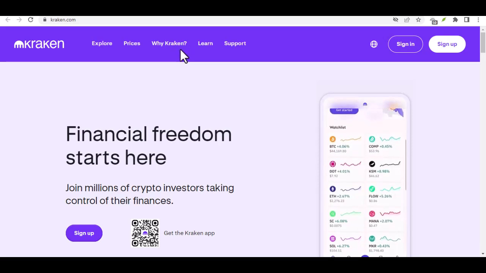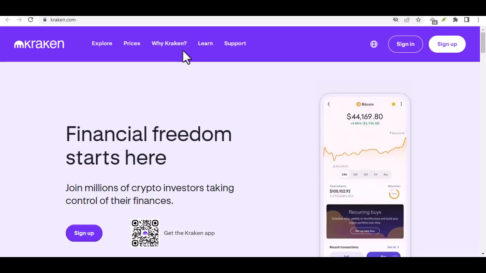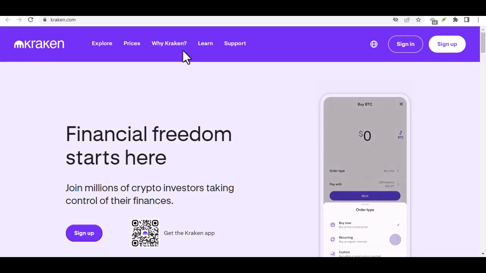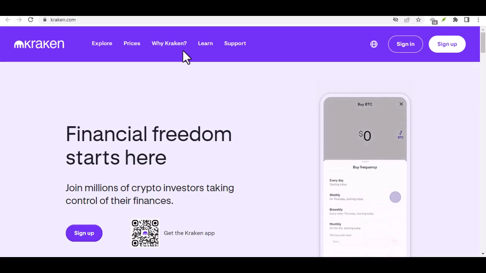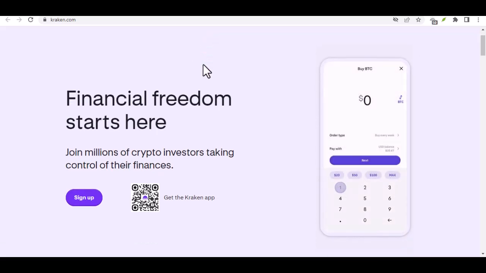Have you ever wondered how to transfer your crypto holdings from a centralized exchange like Kraken to a personal wallet? It's a crucial step towards gaining full control over your digital assets. In this video, we'll walk you through the process step by step, ensuring you understand the ins and outs of